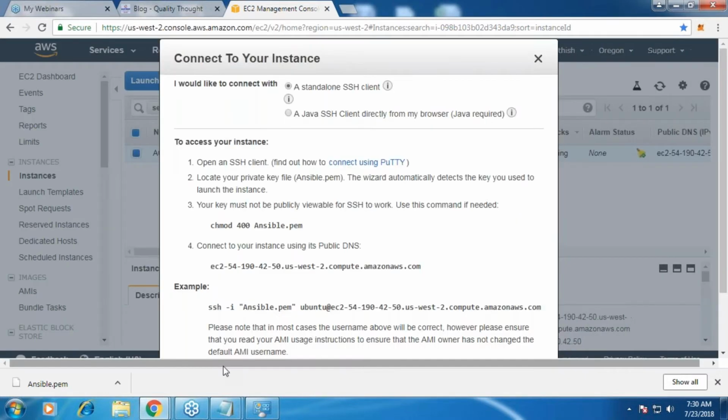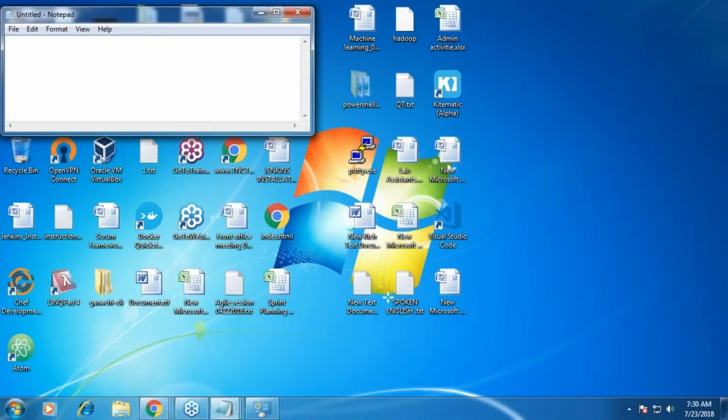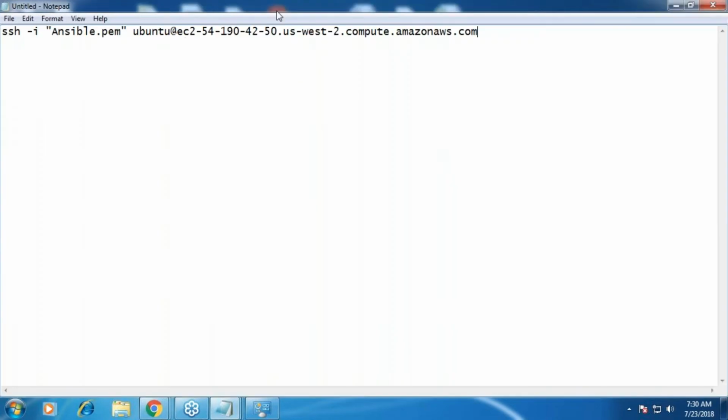Let me click on connect, copy this command, and I want to spend some time on this command. Okay. So the basic SSH syntax is SSH, username at the rate machine host name or IP address.